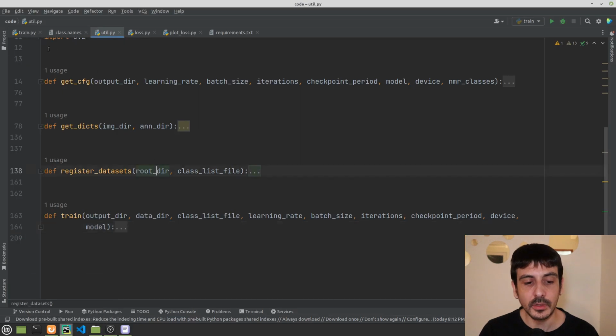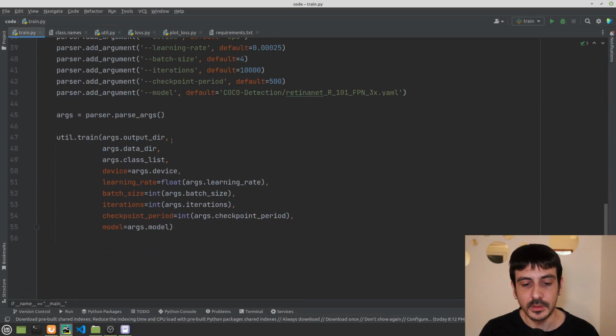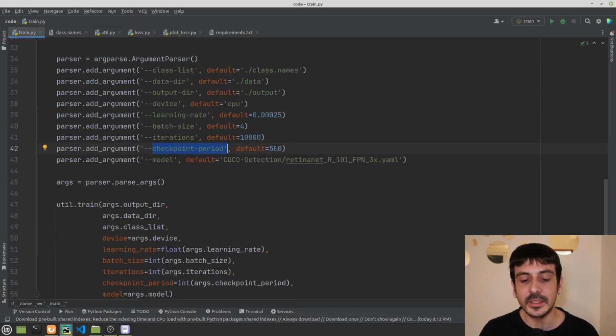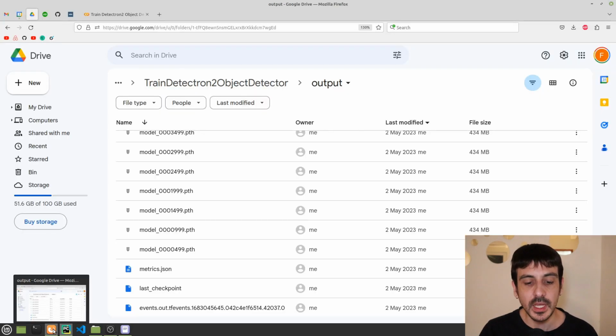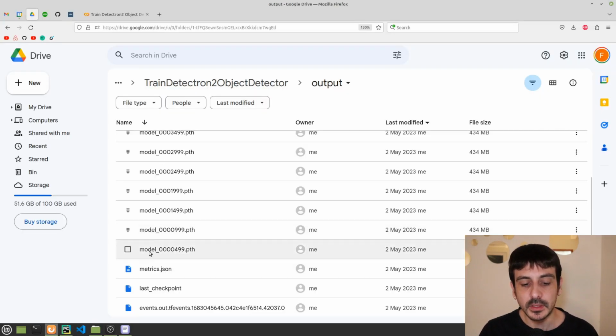And this is where we are going to notice this argument over here, checkpoint period, because we have said that the checkpoints should be saved every 500 steps. And if you notice, these are all the checkpoints, these are all the weights we have saved, and if you check the numbers, you can see that these are 499, then 999, 1499, and so on.